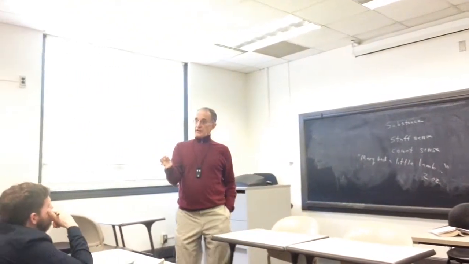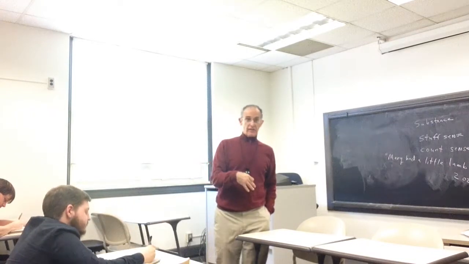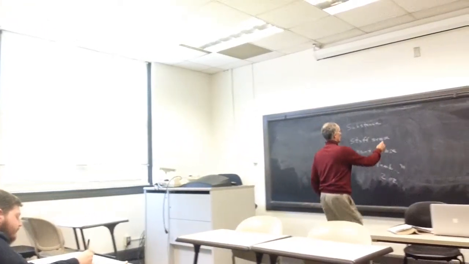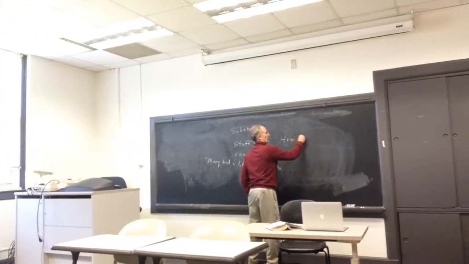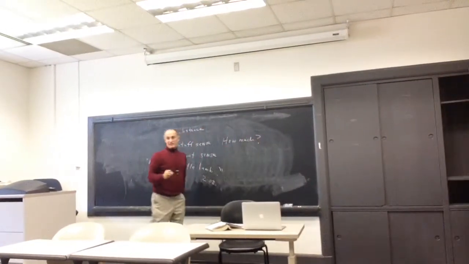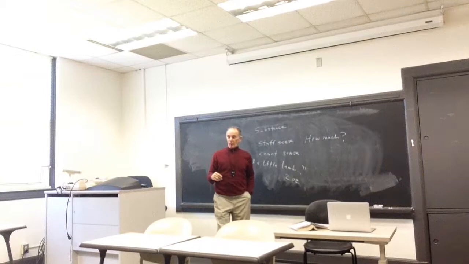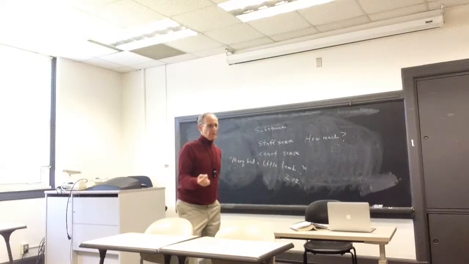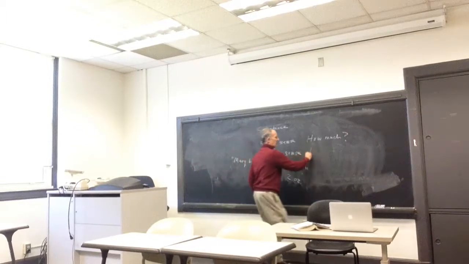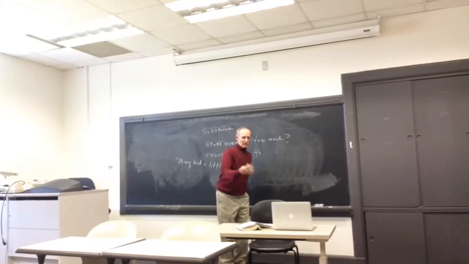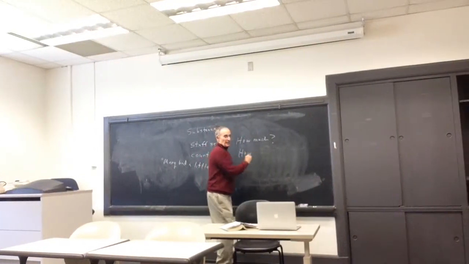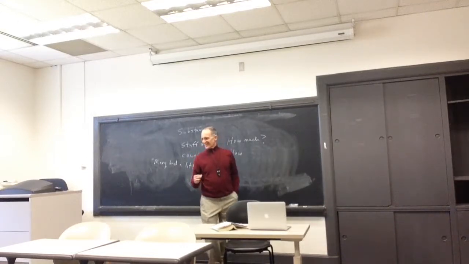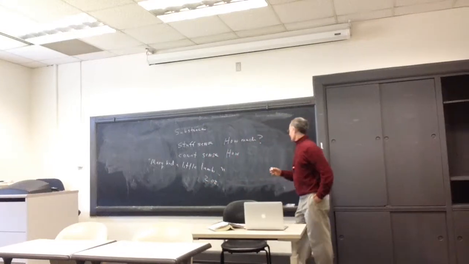So with the stuff sense, you can ask how much, and in the count sense, how many. So stuff sense, how much of it do you have in the stuff sense? How much lamb? How much gold? How much copper? Right? So on. So we're talking about the stuff sense there. The count sense is how many of them do you have? How many pieces of gold do you have? How many pieces of silver? How many lambs are there in the zoo, in the children's zoo? Oh, well, there are 7 lambs in the children's zoo.